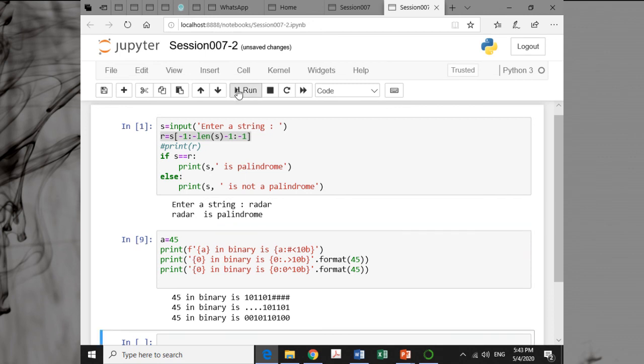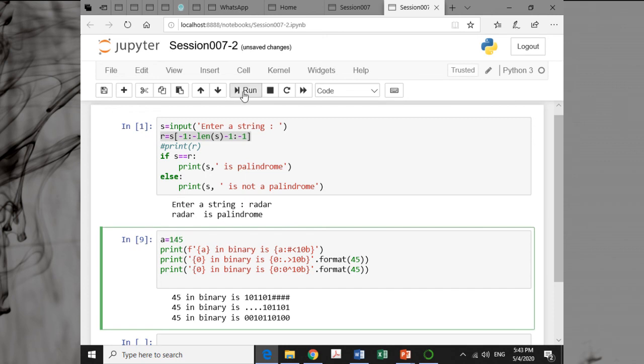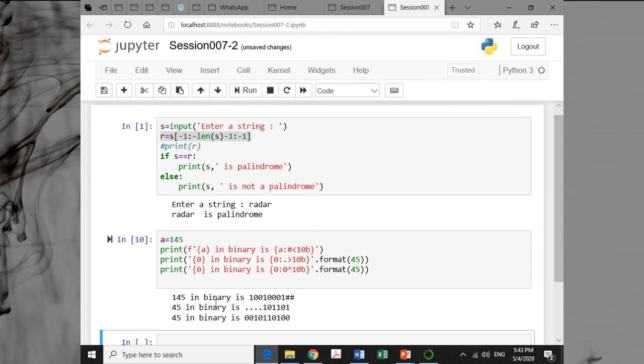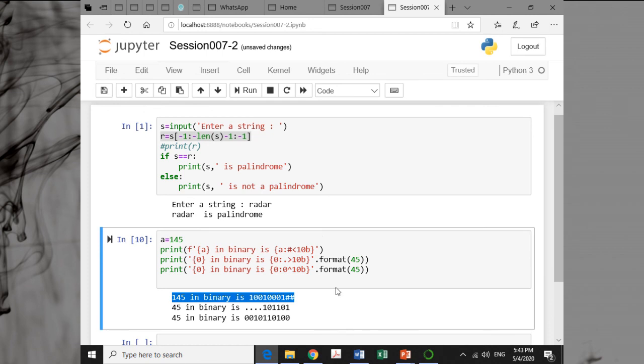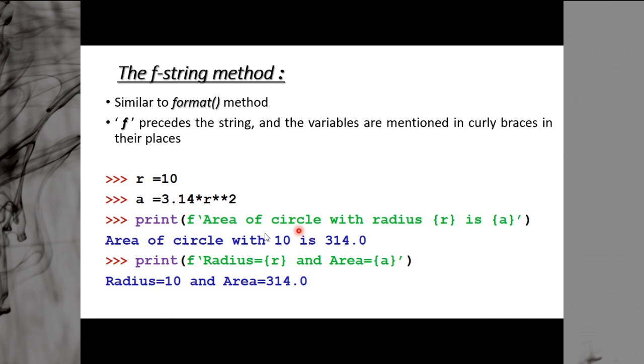Let's try whether it will work or not. Let's make it 145. It's working. You can see, everything will be the same, only the variable will take the place. So this is how you can use the f method also.